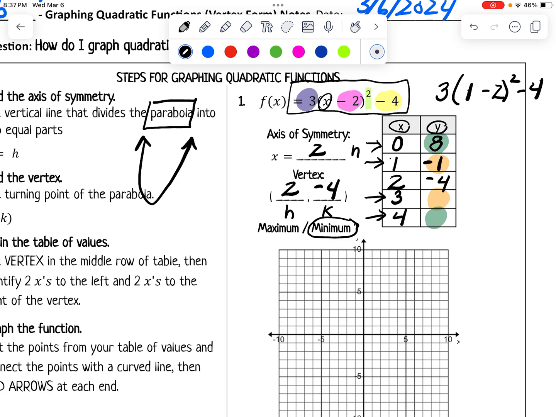So instead of the 1, I'm going to now plug in my 3 and see what I get. And when you put it in your calculator, you end up with -1. And then I'm going to do my last one of 4, and I'm going to put all of that into my calculator, and I get